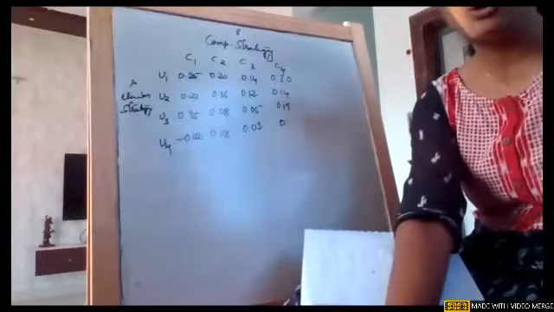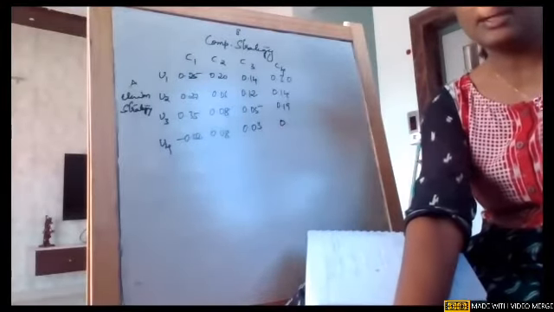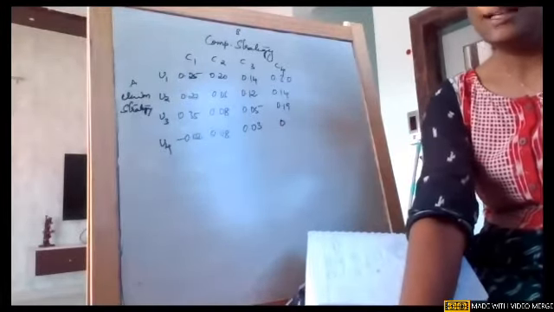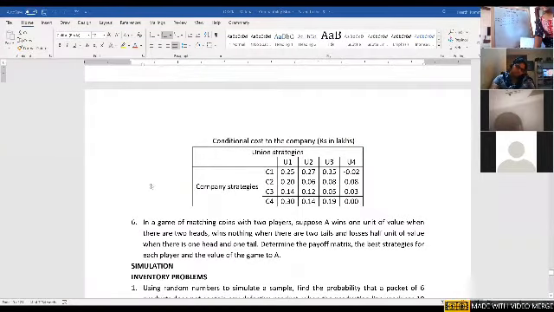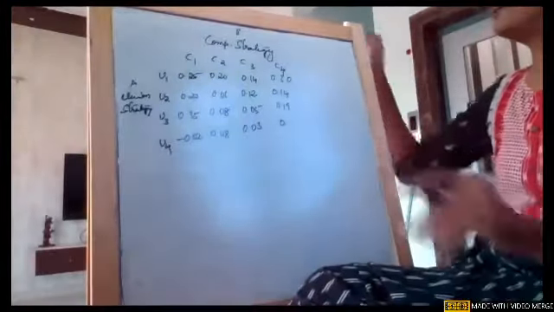Girls, now I'll show you the matrix again, what is given in the material. Union is given column-wise and company is given row-wise. I just modified them, rows to columns and columns to rows. That is the only change I made, so be clear with that particular change. Now simply apply our same old method again.